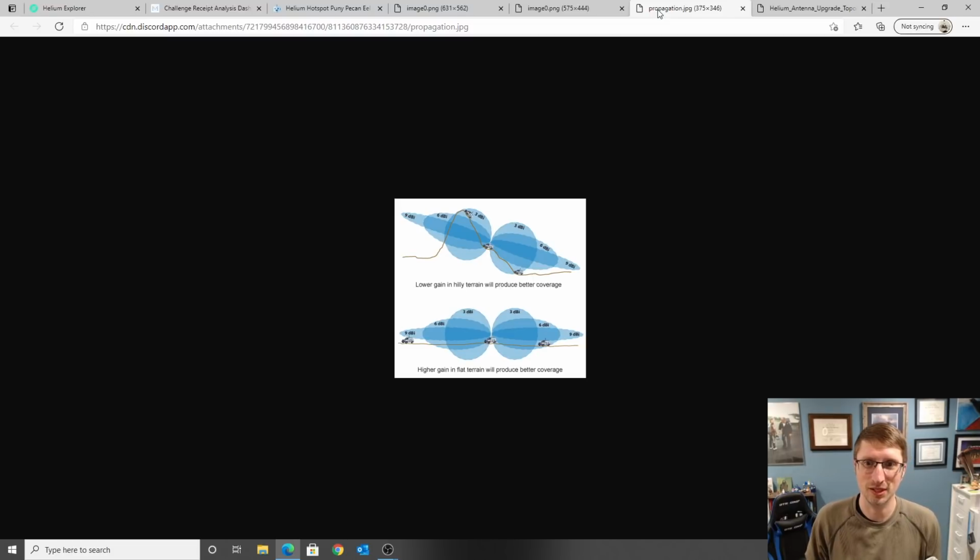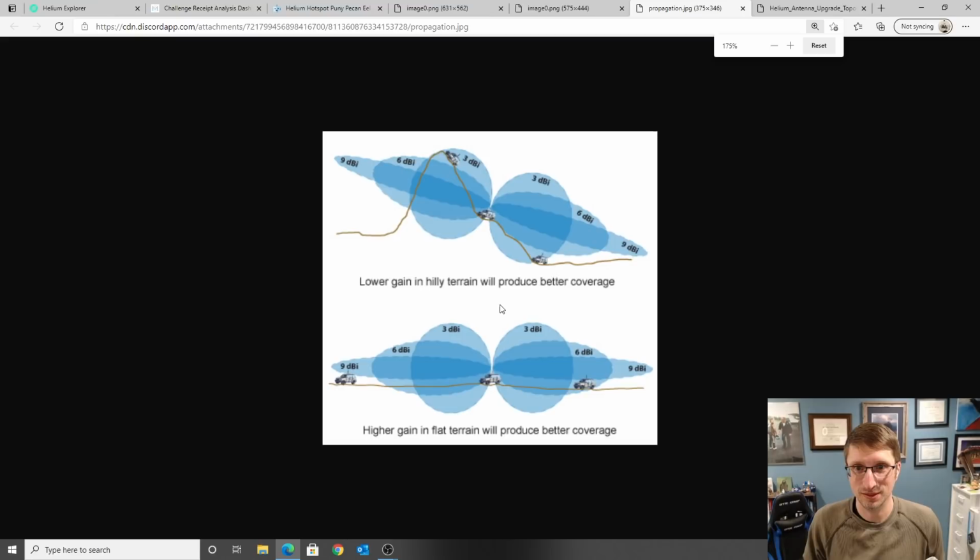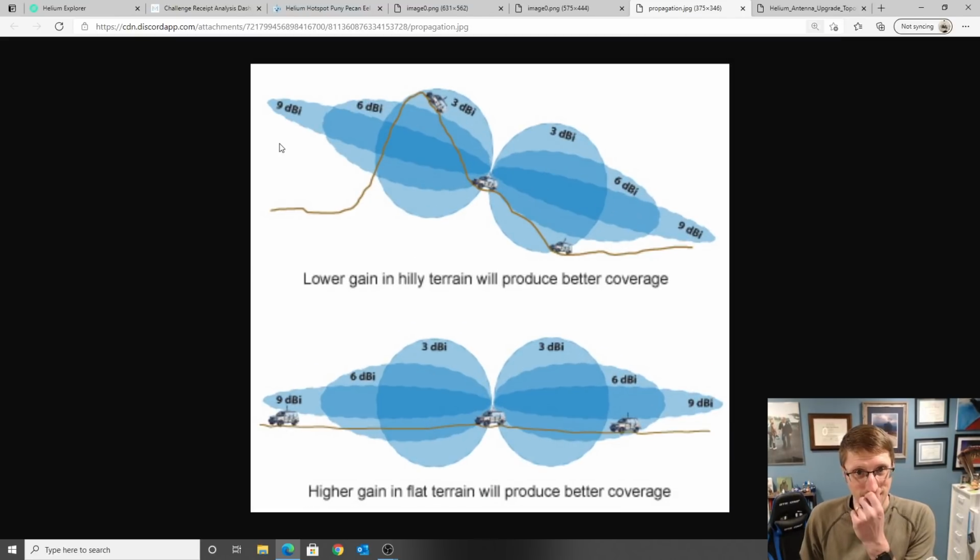It's highly situational. So here I like this graphic because, and let me see if I can zoom into this. Yeah. So 9 dBi goes very far, but if you're on the side of the mountain, it doesn't matter. You're not receiving data from the inside of the mountain. So it's situational. So the 3 dBi, so this one could get, if the antenna is on top of this car here, which of course we're on houses or whatever,